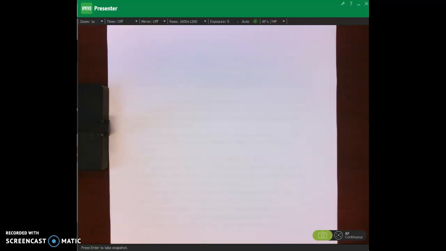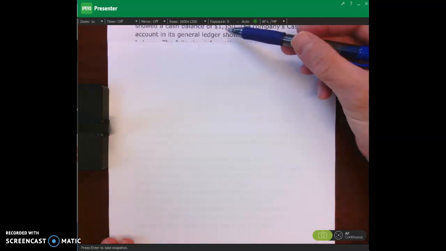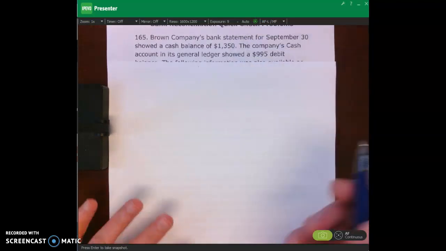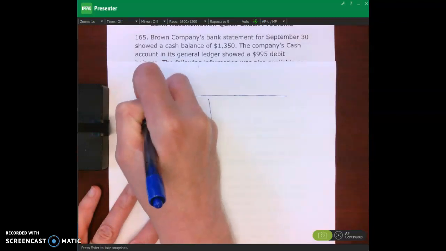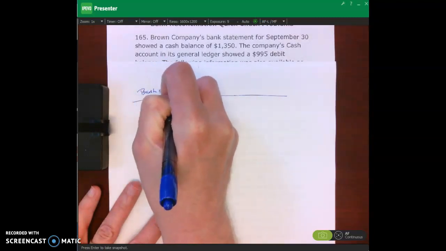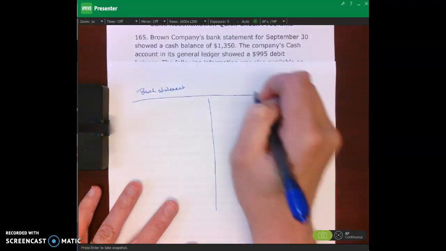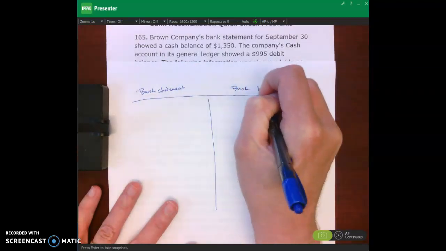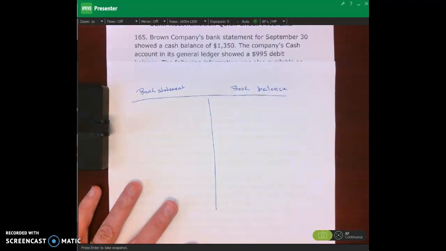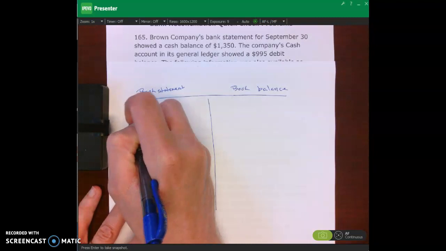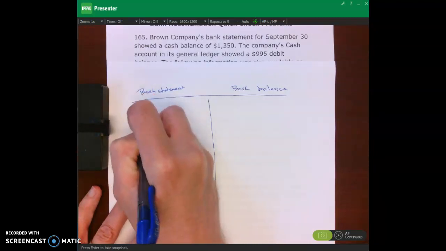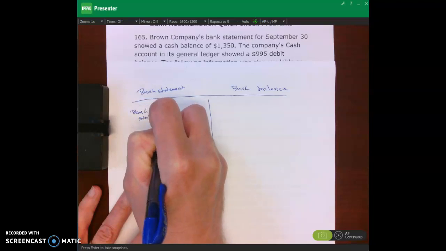So it says step 1, identify the bank statement balance in the cash account. So it says right over here, a bank statement cash balance of $1,350. So I'm going to do 2 columns, okay? I'm going to write up here, this is our bank statement, and then this is our book balance. Do it like this. It says step 1 on page 161, look at your bank statement balance. And that is our $1,350. So I'll write bank statement balance